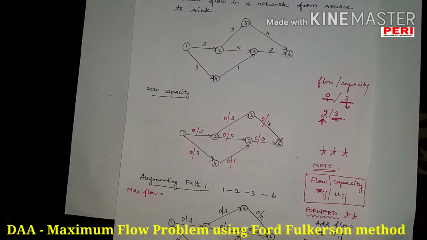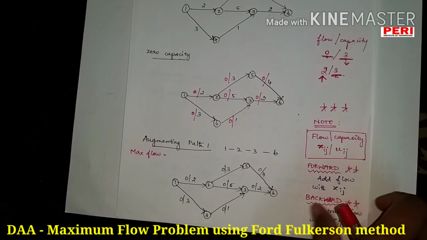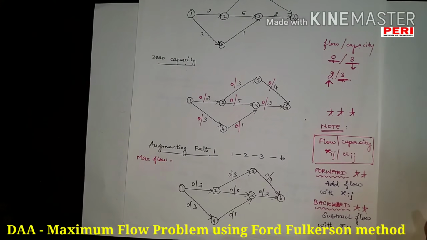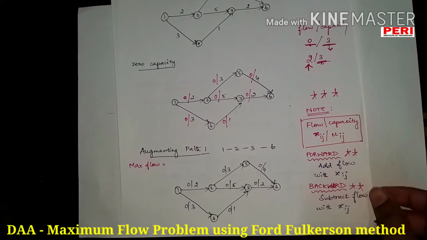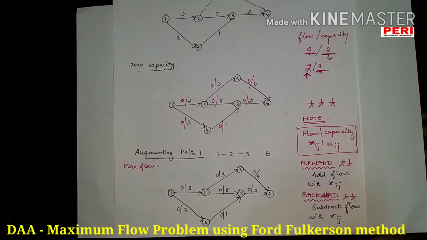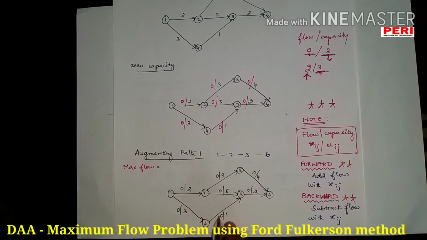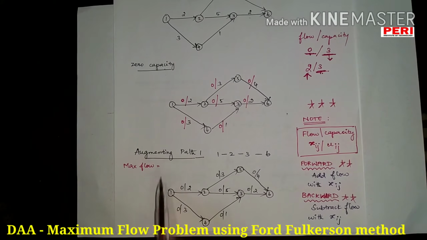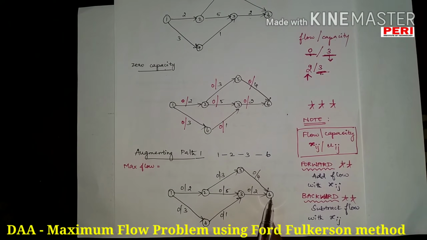Okay, what is my next step? I am supposed to find the augmenting path for the transmission from one node to the other, say for example from source to destination. So you take the zero capacity graph as it is. Now I am going to find the path from source to destination. We will specify it as the augmenting path here. So from 1 I have to reach 6.